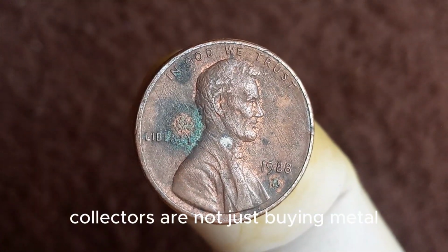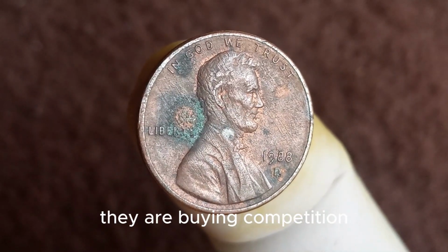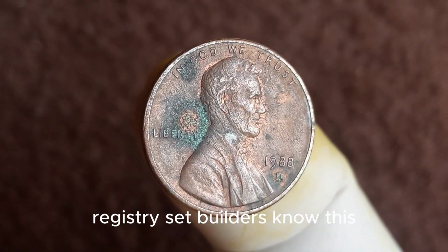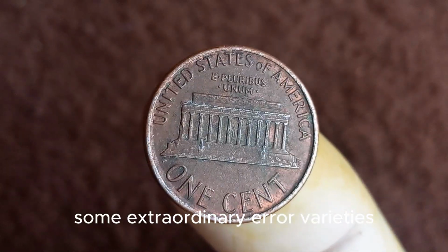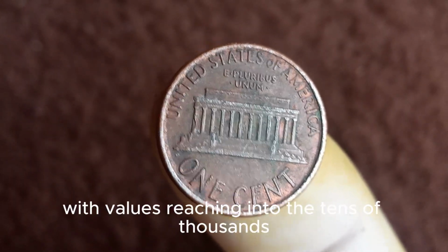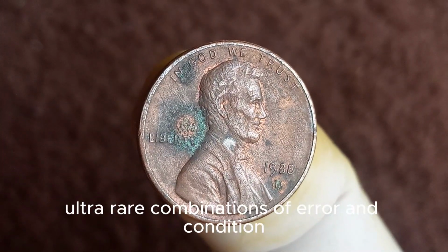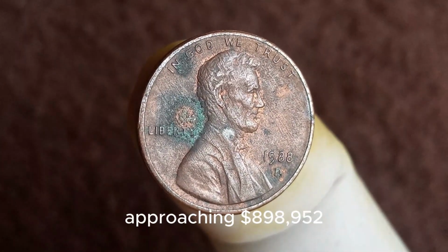Collectors are not just buying metal, they are buying history, they are buying perfection. They are buying competition. Auction houses know this, private collectors know this, registry set builders know this. Some extraordinary error varieties and top population graded examples have been discussed in the market, with values reaching into the tens of thousands, and in speculative collector circles, ultra-rare combinations of error and condition have fueled rumors and listings approaching